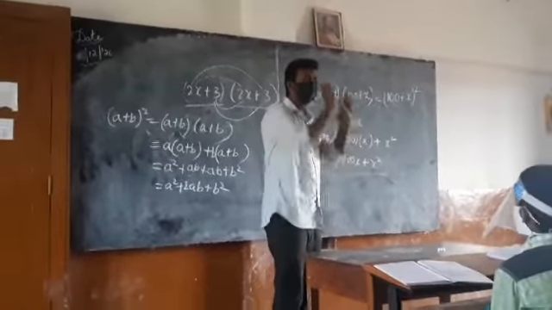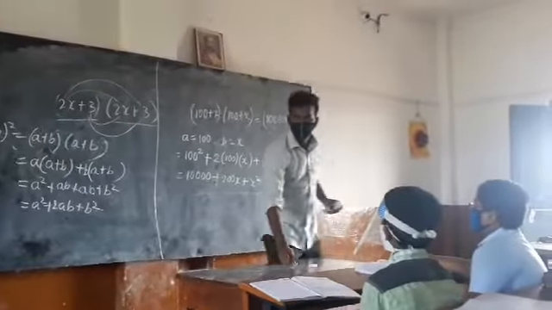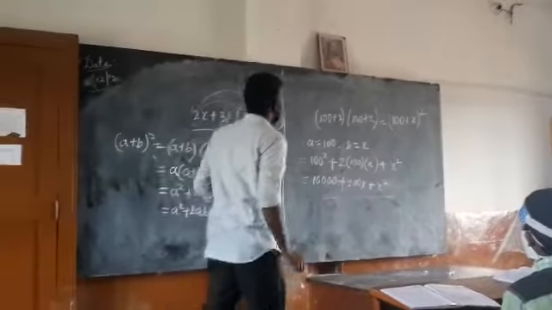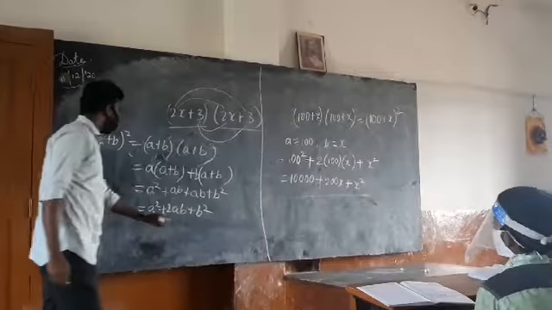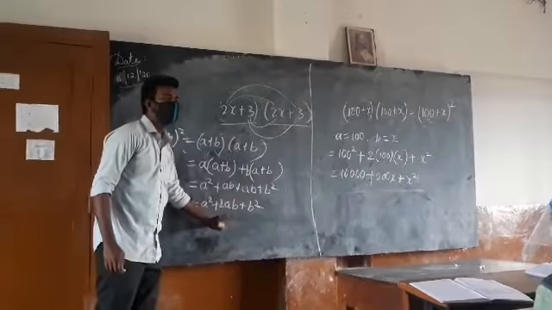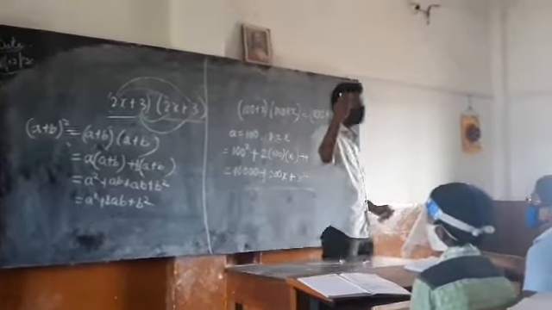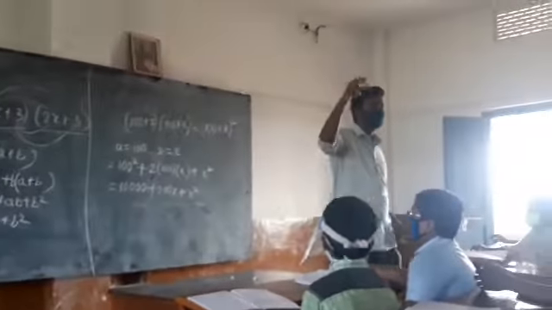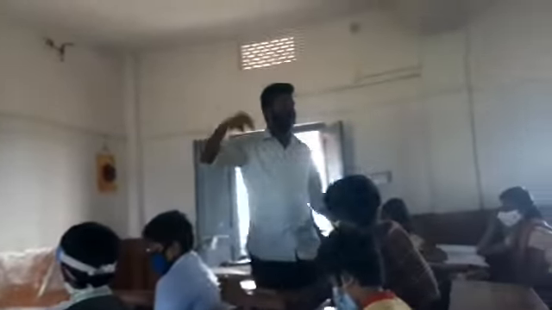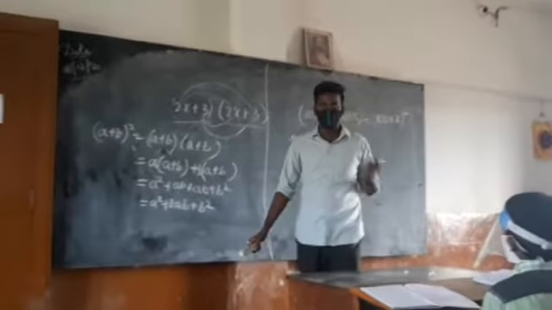While doing multiplication, we should not look at that, just add up the parts. Okay? Clear? Very good. So, in this way, we are going to apply the (a plus b) whole square formula. This formula will come to you again and again in your future classes. Not only till 10th, it will come to your degree level, your engineering level, whatever level you take. It will even help in competitive examinations.